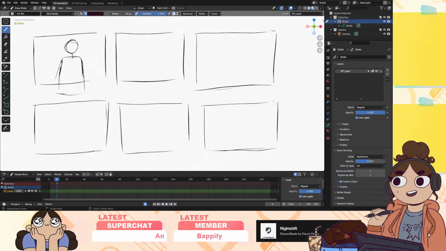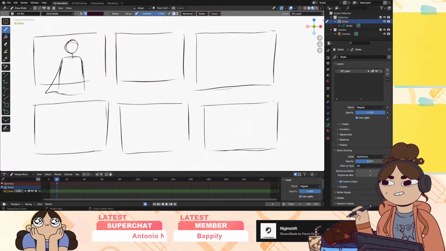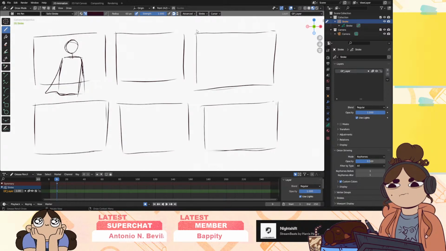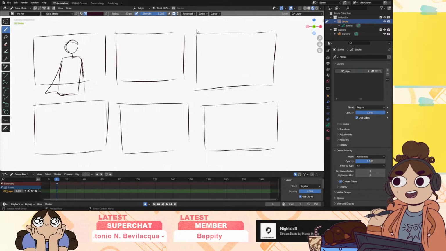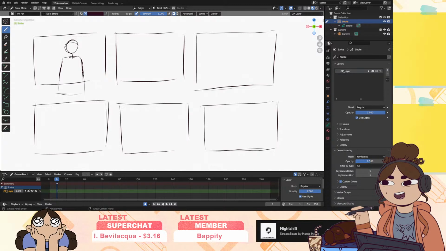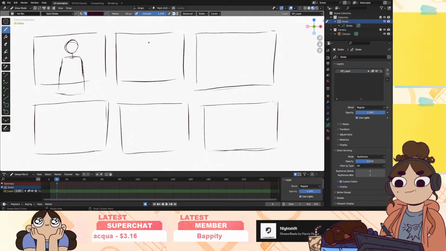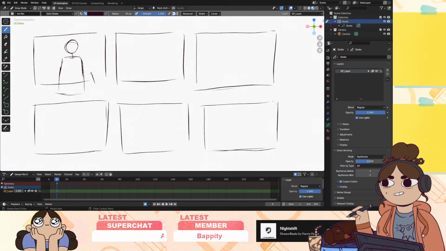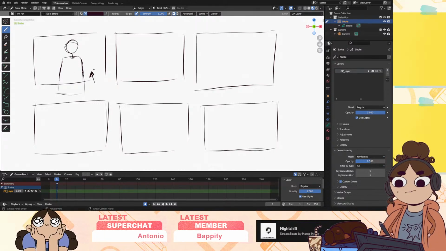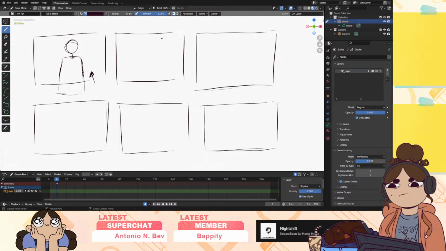Should I give him a cape? What do we think, chat? Cape or no cape? The fabric might be a bit much to animate. So have this one, he's walking forward. And then maybe